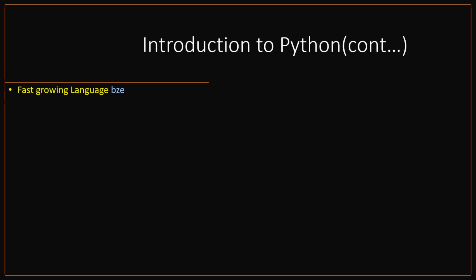Python is very famous and it is a very fast growing language. If you ask me why, the first reason is because it is very easy to learn. It is one of the most developer friendly programming languages. And now even kids are learning Python so easily. So this is the first reason why it is very famous and fast growing. The second reason is it is a general purpose programming language. Now I will explain in detail what general purpose programming language means.